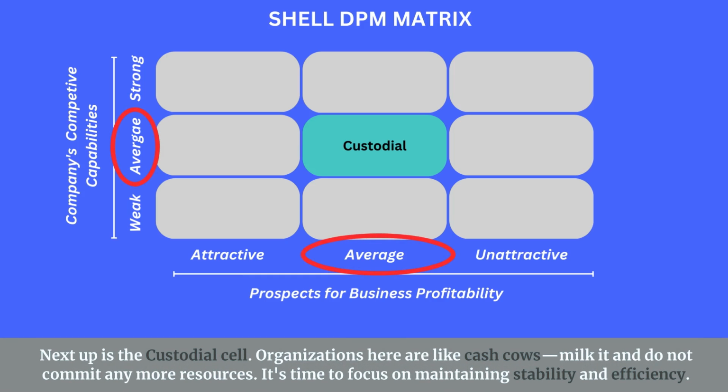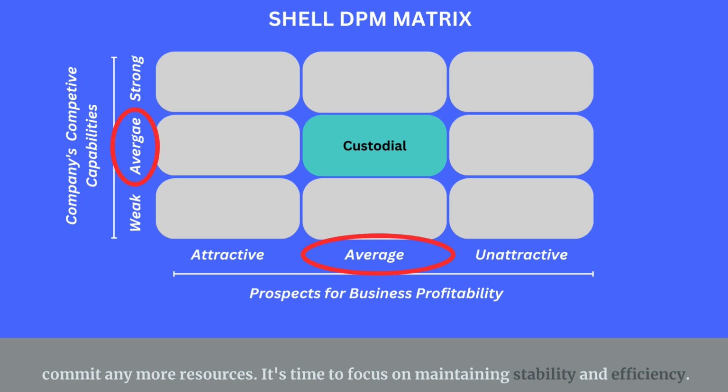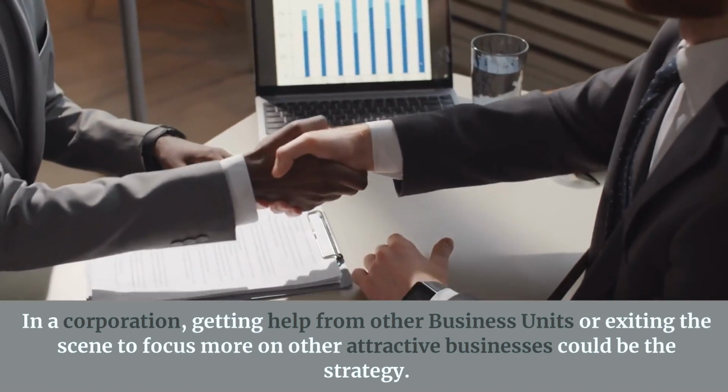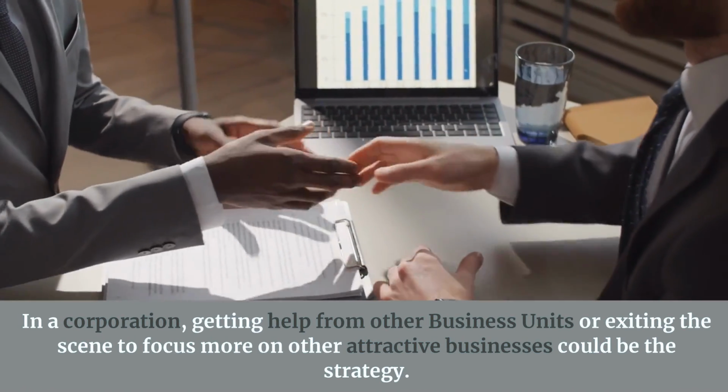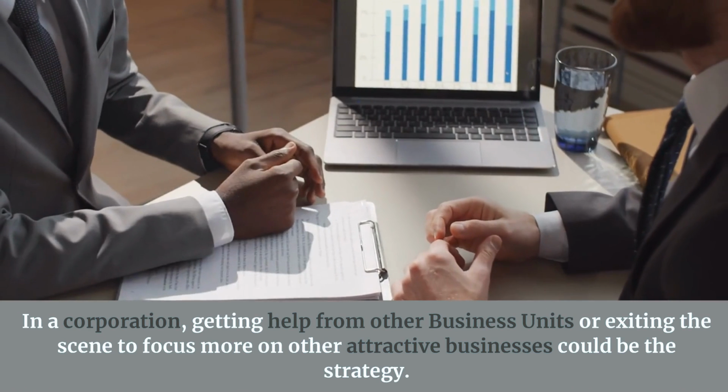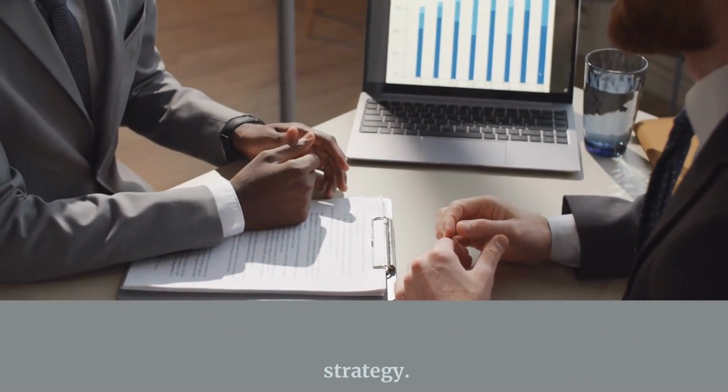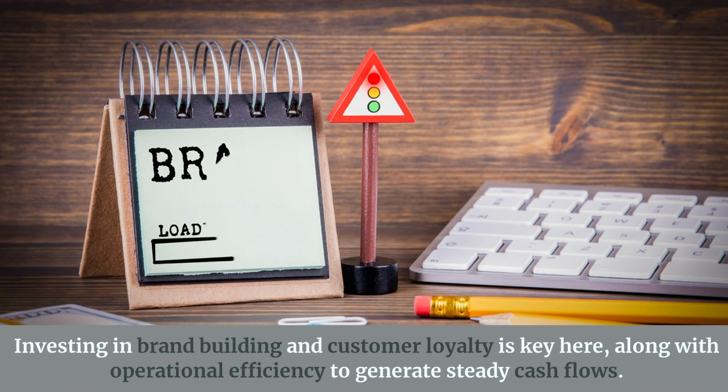Next up is the custodial cell. Organizations here are like cash cows, milk it and do not commit any more resources. It's time to focus on maintaining stability and efficiency. In a corporation, getting help from other business units or exiting the scene to focus more on other attractive businesses could be the strategy. Investing in brand building and customer loyalty is key here, along with operational efficiency to generate